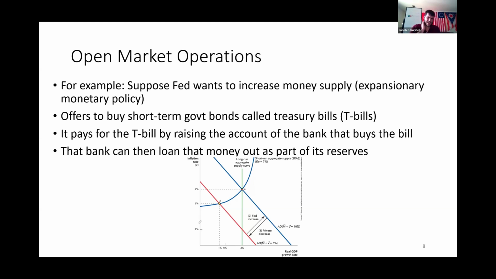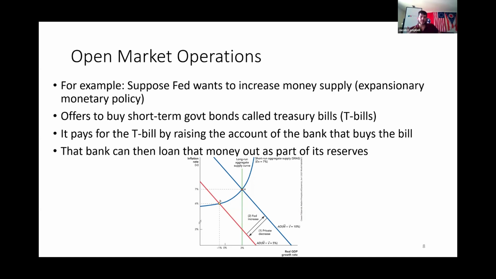Wait, what's that? They just raise the account? Isn't that like counterfeiting? Isn't that like a scam? How can they just make up money? Well, they do. They have this ability. They're allowed to just, in their ledger, write down more cash, even if the cash doesn't actually exist. But the Fed does also keep its own pile of savings as well.